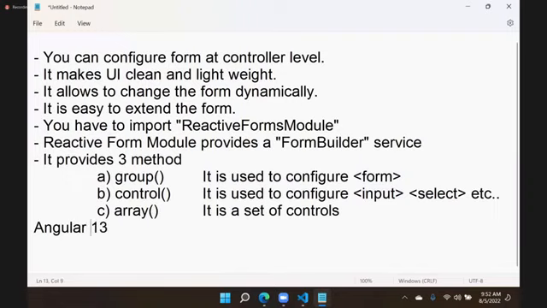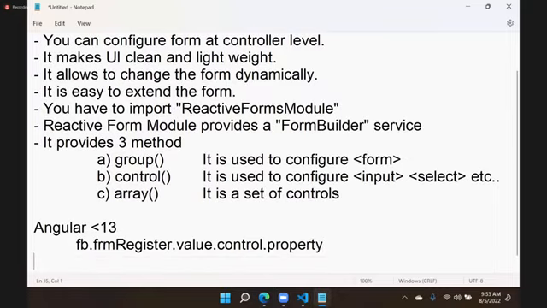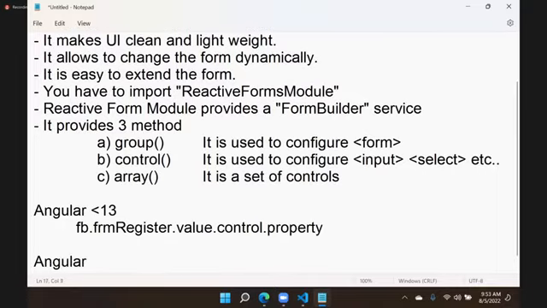13 below, right? So in Angular 13 below versions, they used to configure the forms like this. That means we have a form builder. In that form builder is actually using form FRM register. In the form register, we have to access value. In the value, what you have to define, control, and the control dot property, you have to access it. Properties means all validation properties, valid, invalid, and all. Angular 14